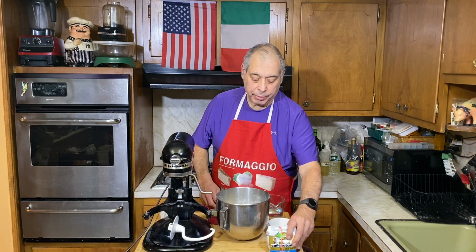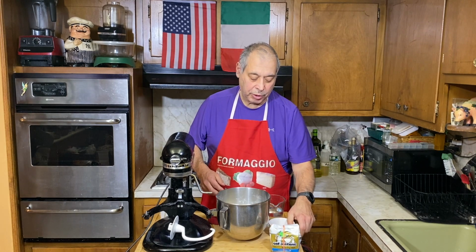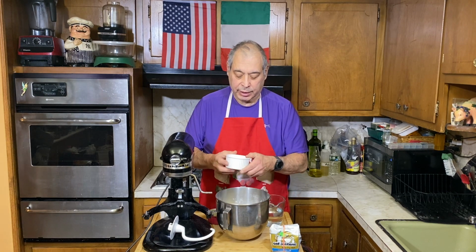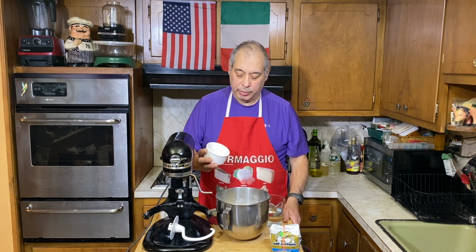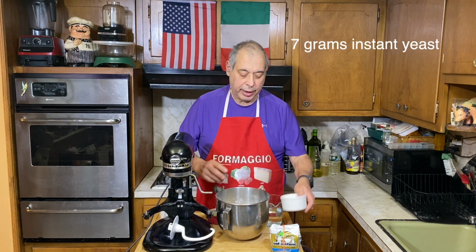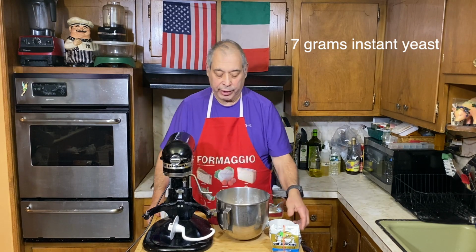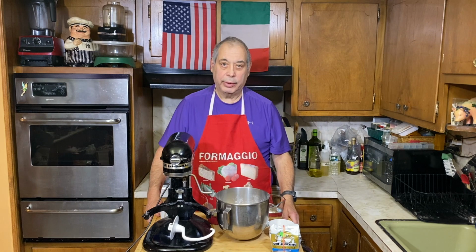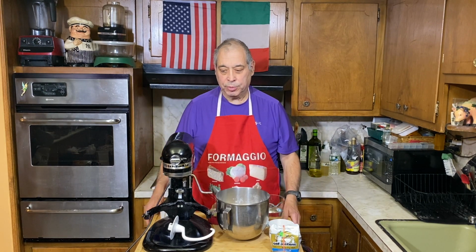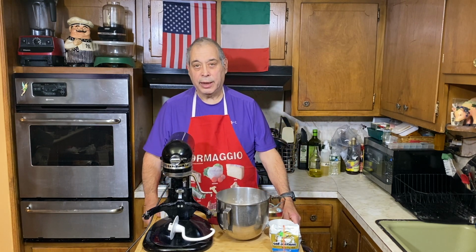And today I'm using instant yeast. Most people will find active dry yeast or use active dry yeast. It's a little easier. The difference between instant yeast and active dry yeast is instant yeast you don't have to proof or bloom. You could just add it to the dry ingredients like I just did. With active dry yeast you have to first bloom it in some warm water and make sure it's active and then add it to